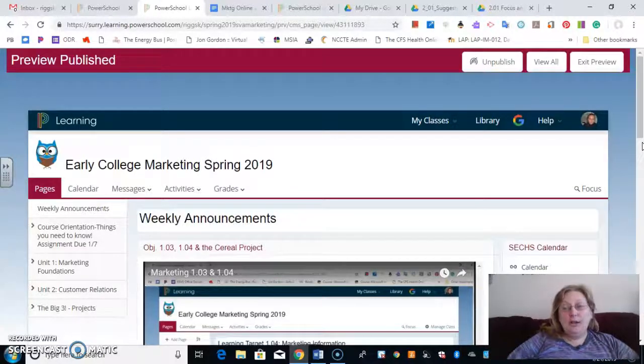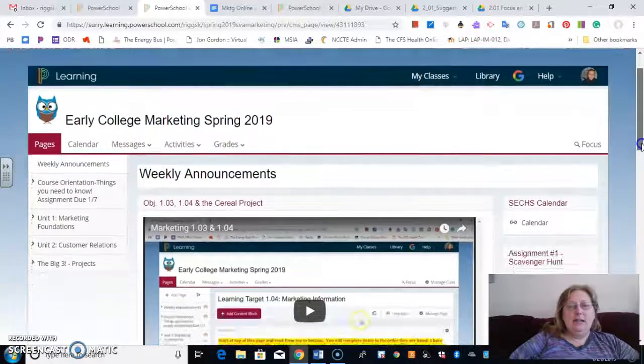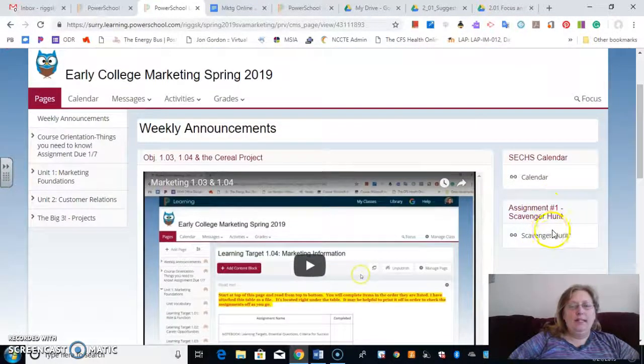So let's look at what we are going to be doing in the next week. Last week, make sure you check your grades, because I had one or two who did not complete the very first assignment, that scavenger hunt. And one thing I want to tell you is, in the grade book, if you ever see a backslash, it actually is a reminder for me that you have missed some assignment. And it'll actually say needs to be turned in ASAP.